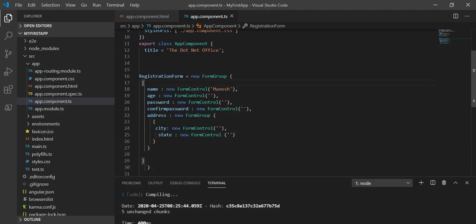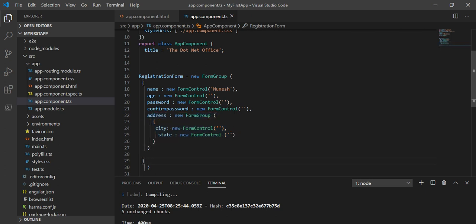In the last tutorial, we saw how to handle this nested form group in Angular 8. This address is under the registration form, so we have taken this address under the registration form and initialized it like this. But in this tutorial, we will create these controls using the form builder.